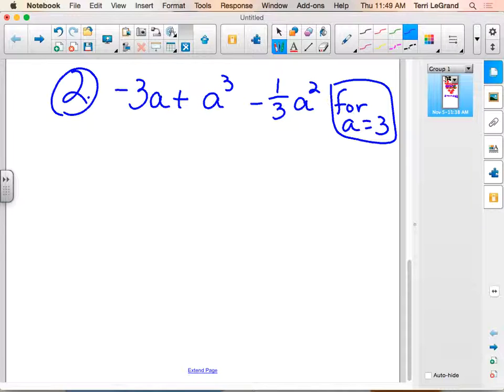Is it in standard form? No. Unless they say that we have to put it in standard form, is it necessary when evaluating? No, it's not. So let's just go straight to changing any